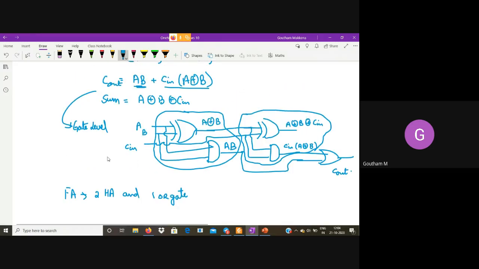If I take the Boolean expression in this fashion, sum is A XOR B XOR Cin, carry out is AB plus Cin into A XOR B. And if I draw the gate level diagram, I get a diagram like this. The conclusion I have drawn is that a full adder can be implemented with the help of two half adders and one extra OR gate.